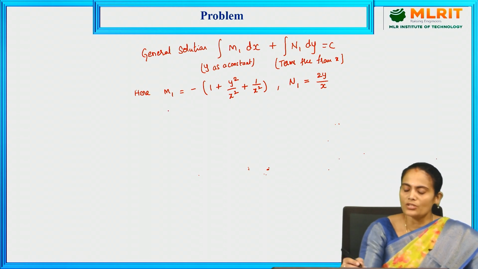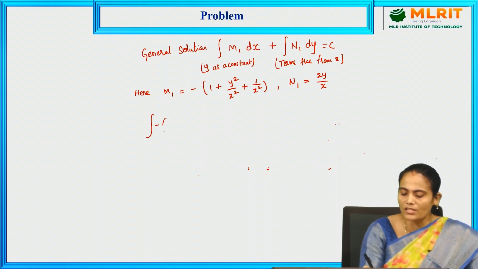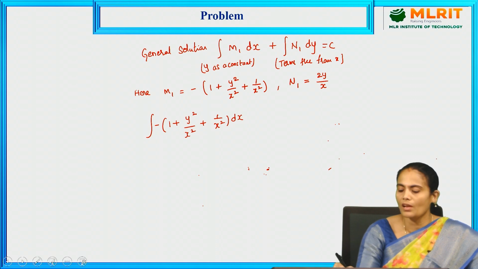So these functions you have to write in the general formula, that is, integral of minus of 1 plus y square by x square plus 1 by x square into dx plus